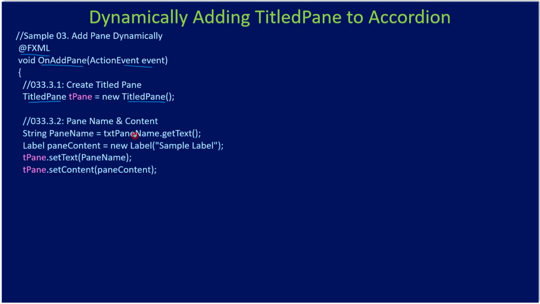After that, from txt pane name, we are getting the text. There is an fxml entry for this specific text box. From there we are getting the text and we are storing it here. Then